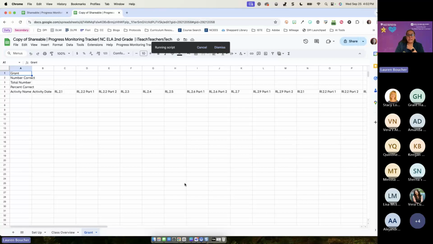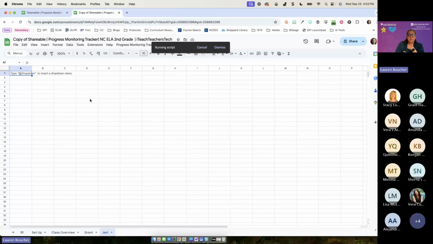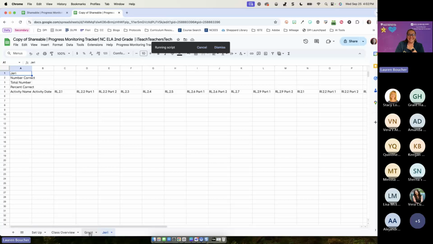And then what it's going to allow me to do is, and it should pull in the activity name here, but I will be able to then, I need to be patient. So every student is going to get one. I probably should not have done so many names.